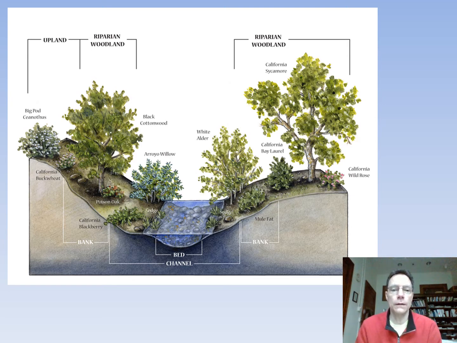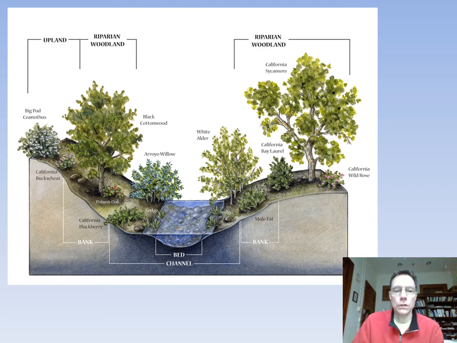Here's a picture of what's called a riparian corridor. That word riparian means alongside a river. So here is an upland area that is alongside a river, so it's called a riparian area. These are actually considered wetlands, even though they're not wet all the time, because they flood occasionally. And in some parts of the world, they're flooded enough that they are considered wetlands. Here's the actual stream channel itself, the stream bed and the channel that is flooded.